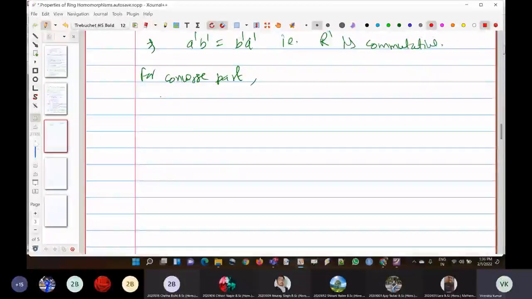For the converse part, we need to prove that if R dash is commutative,